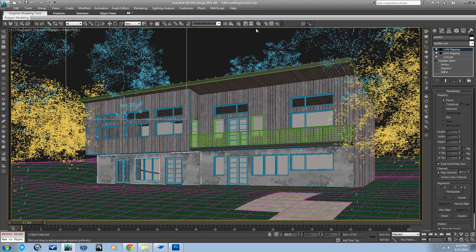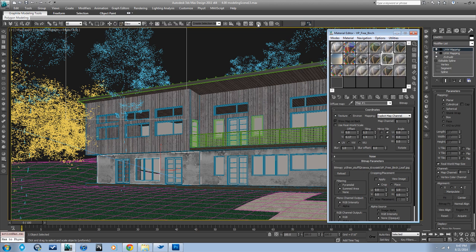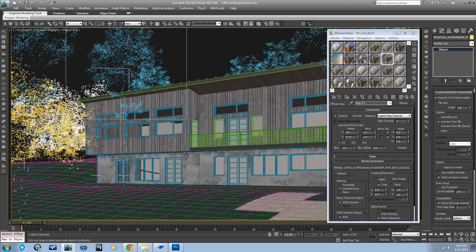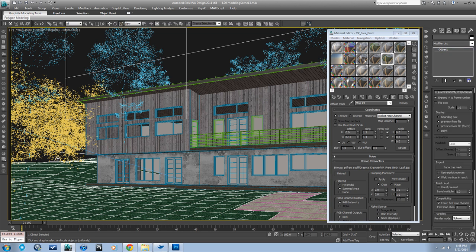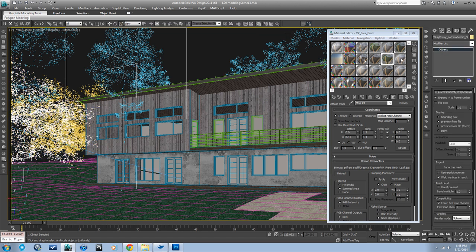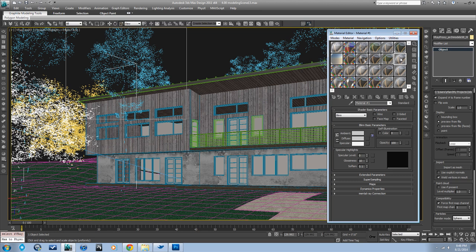Let me show you a few things that I've done as adjustments to my scene in order to get it to work better. With this tree, I forgot to tell you this before, but Evermotion they go pretty crazy on the detail of their modeling and also of their materials. So if you select one of these trees, I think I've got one, let's see, select a tree, go to this slot,